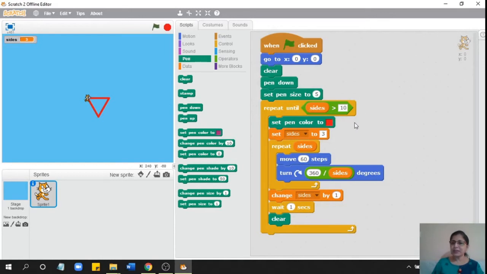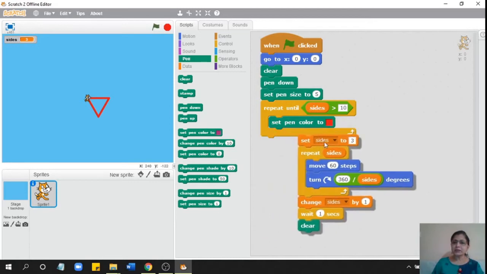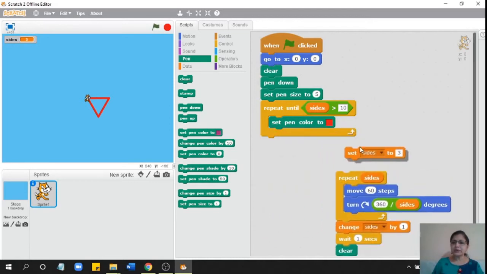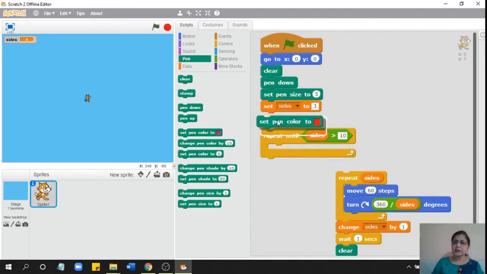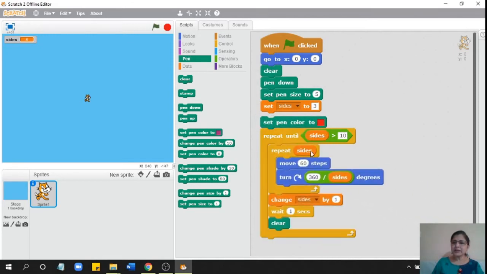And what am I doing in that? First, okay, here this should be outside. First, I have to set the sides to 3. Then I'm going to repeat this 10 times, because I want first a triangle, then a square, then a pentagon, then a hexagon, septagon, octagon, nonagon and decagon.